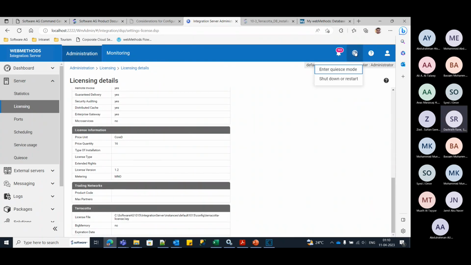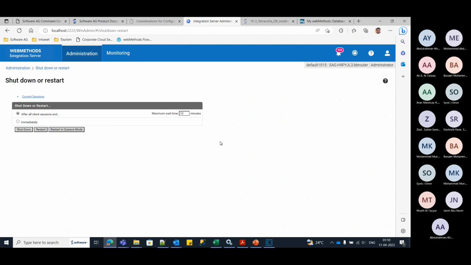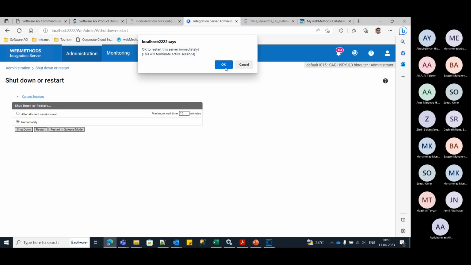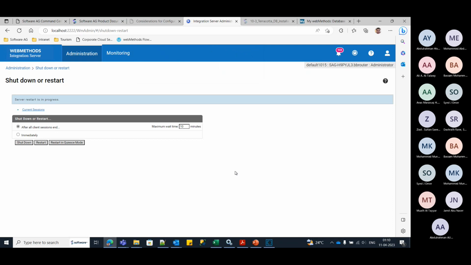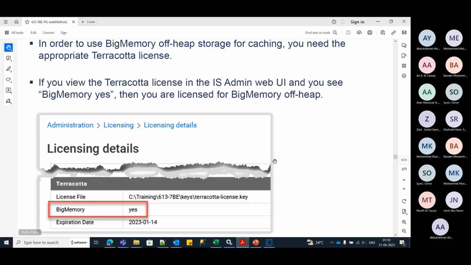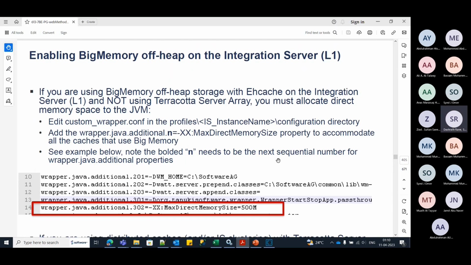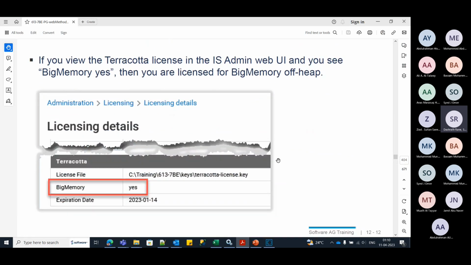Okay, so I'm restarting the server. I have configured the license and the server is getting restarted. So till then, we will just discuss